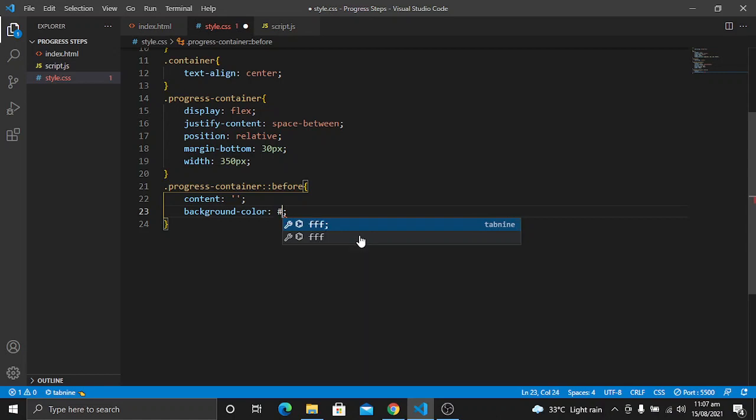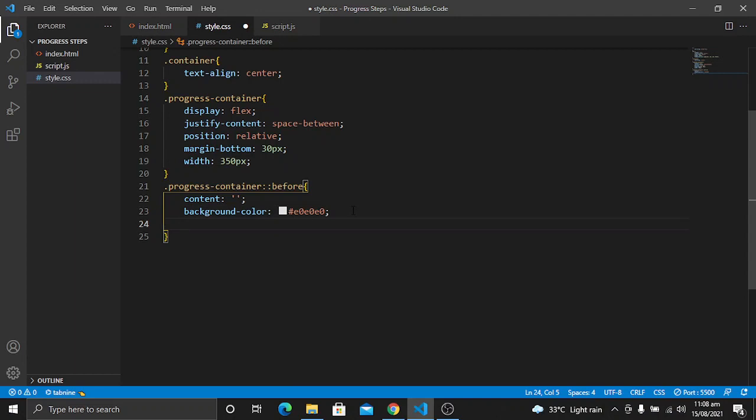The background color will be something like E0. So it's not working right now. Let's see what's happening. So I think this was the issue.